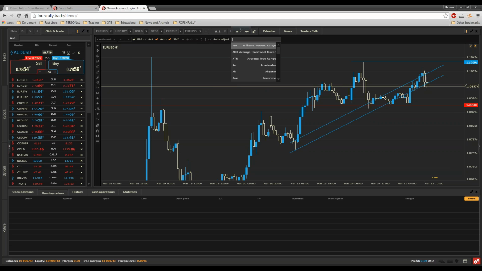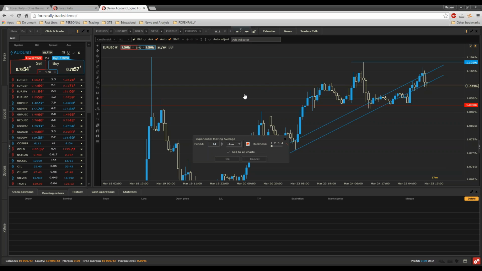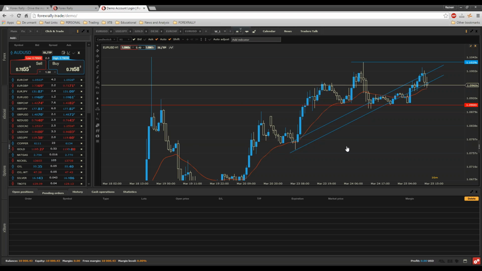Let's put in one of my favorites. This is a moving average. Oh man, a moving average is a very simple tool to use, a very simple indicator. You just have to put in moving average here, select the type of moving average, select some periods, let's say 20. Maybe it's new for you, but you'll see that it's very simple. If you put it, you'll see this line, this red line.